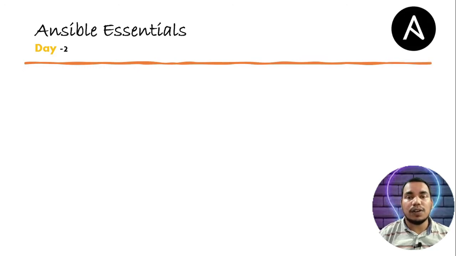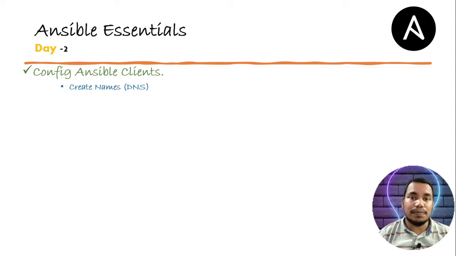First of all, we're gonna configure our Ansible clients, in which we are going to create some static DNS entries so that we can remember the clients by the name, not by the IP address. After that, we'll generate SSH keys on our workstation system, and then we're gonna copy it to all our 3 clients so that we can log into the remote systems, or say all the 3 client systems, without requiring any kind of credentials. After that, we'll add the standard users to the sudoers file so that they can perform system